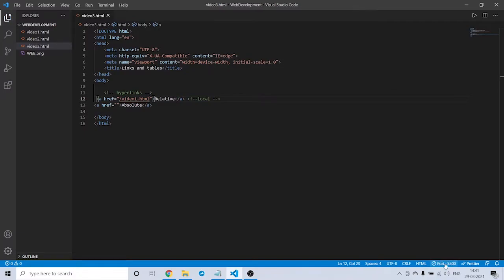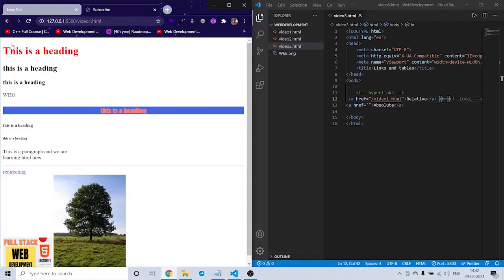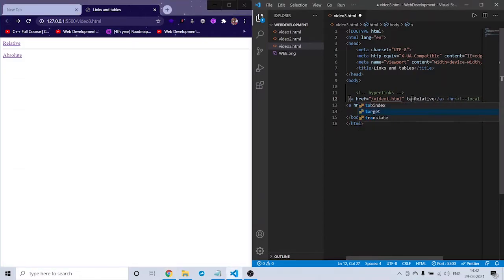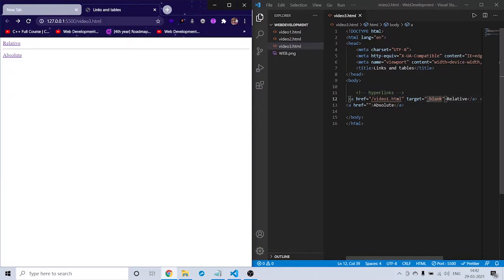So let me go live and see. We got two links here, relative and absolute. I will give an href here, save. See the relative one, right? When you click on this, we discussed this page, which is this HTML1, and we got redirected to this. So this is the relative type. If you want, you can give an attribute here which is target, which we also discussed, with the value _blank. Save that, and when you click on this, the destination will be opened in a new page or a new tab. So this is nothing but relative files.